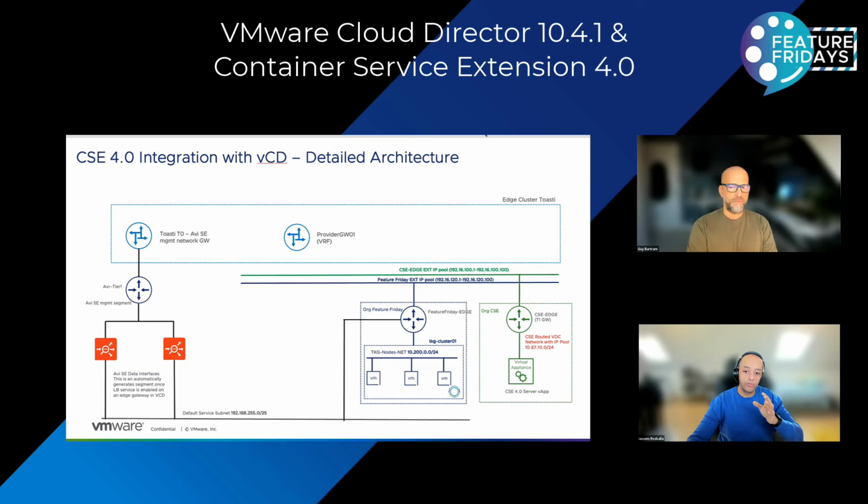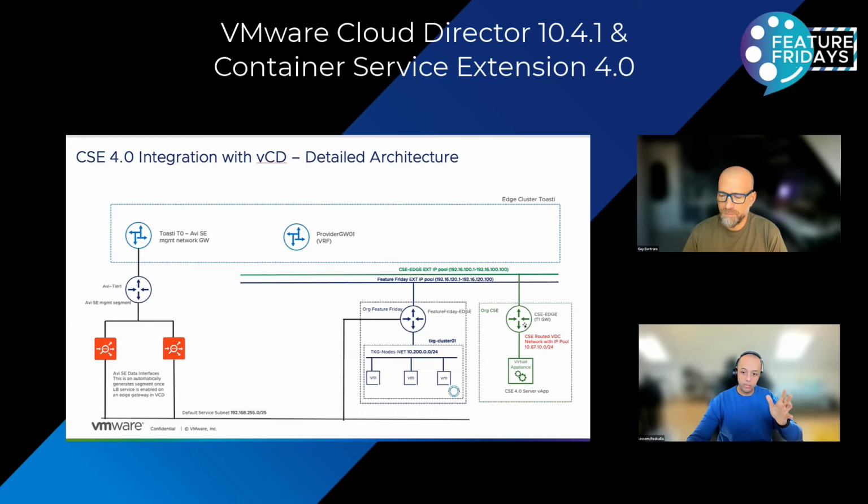From the CSE perspective, you will create an org for the CSE. You prepare it just as a normal tenant. You'll have to have an edge, and then you roll out the CSE virtual appliance. This is just a routed network, which is an internal tenant network, which I created. Important here on this edge is that it will have a NAT rule, and this is the external network. So just NATting to one of these subnets, because the CSE appliance needs access to the Cloud Director interface. That's it. There is no need for internet access, but it needs to be able to access the Cloud Director interface. So you'll have to make sure also that your NAT and your routing are in place.